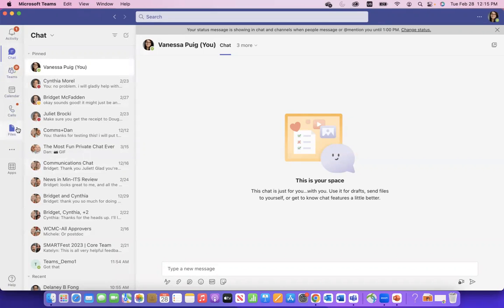There is a menu here that you will be very familiar with once you start using Teams on the left-hand side, and we're going to go through all of this. So we'll start first with the chat. The chat is probably what you're going to use the most, because that's how Teams is designed to be used. So you're going to probably have chats one-on-one with a lot of people, or with multiple people at once.